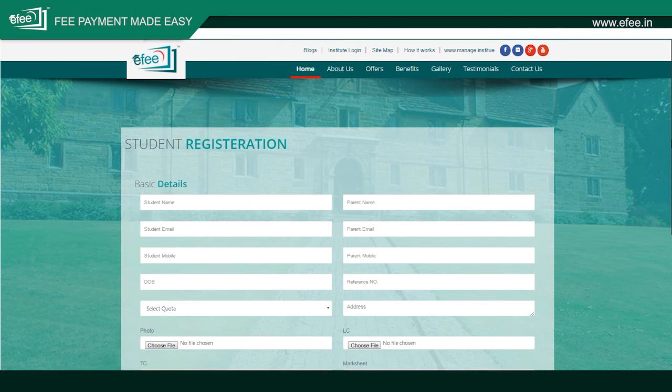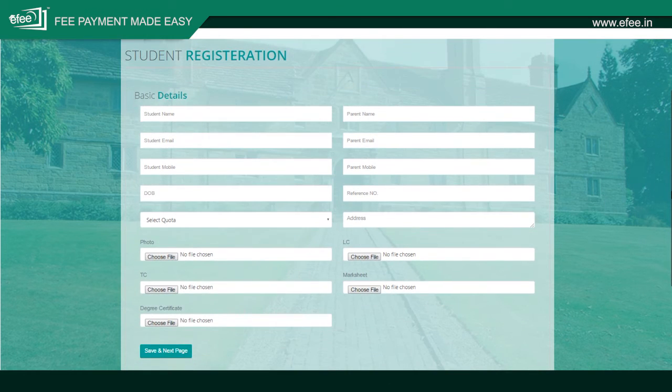You will see student registration. You have to fill in the basic details like student name, for example Mahesh Gore, student's email ID, mobile number, date of birth.